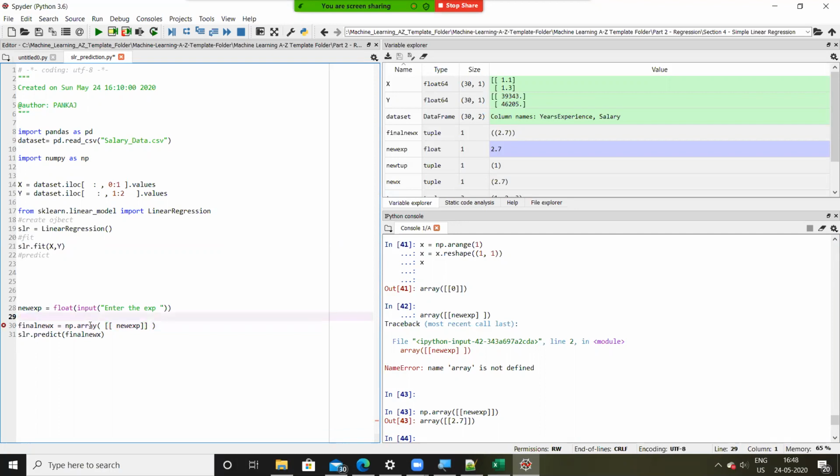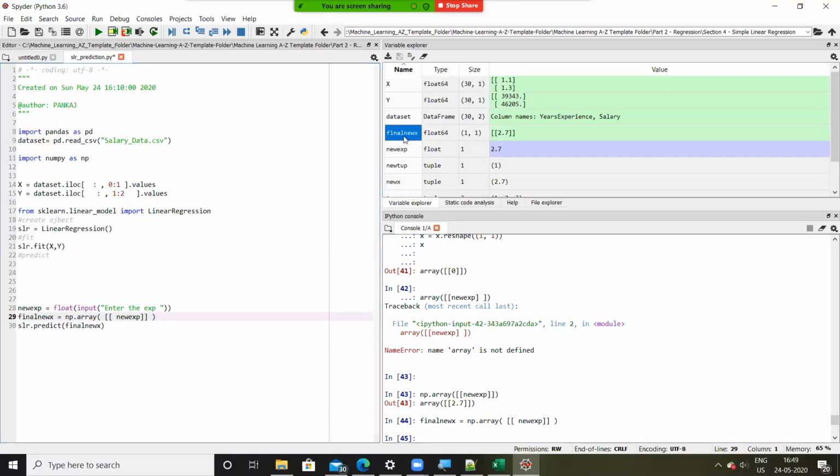So I don't need this anymore. Let me execute this line number 29, F9. Now my final data, you can see it is in the same format, which is of X, and then you can pass it here.